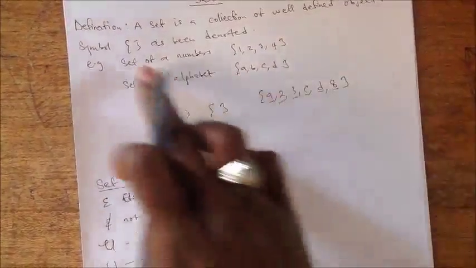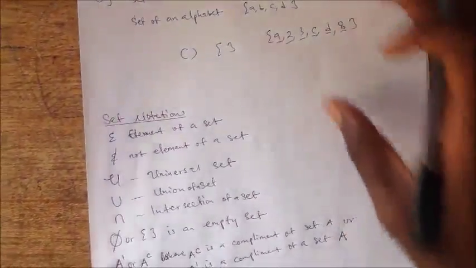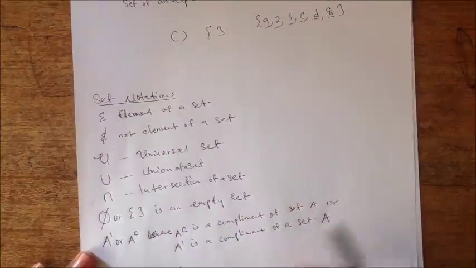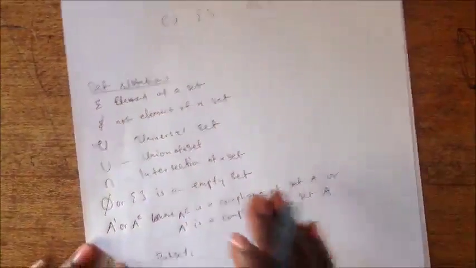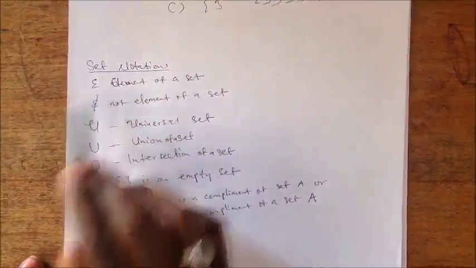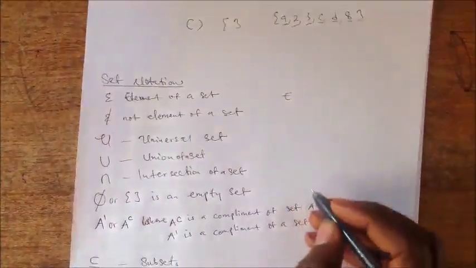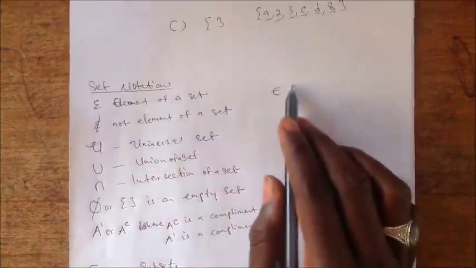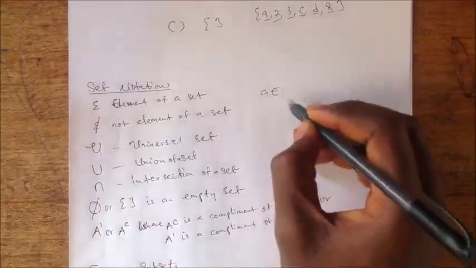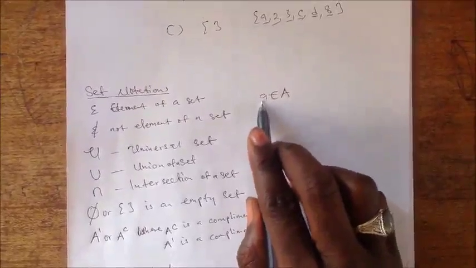It is denoted by this, so anywhere you see this, it represents a set. Then, in a set, there are some things that we need to know, which we call set notation. When we look at set notation, we have the first symbol, which looks like the letter epsilon, and sometimes you write it like this. This represents an element of a set. Let's take an example. Let's say you have a small a and capital A, meaning this letter a is an element of